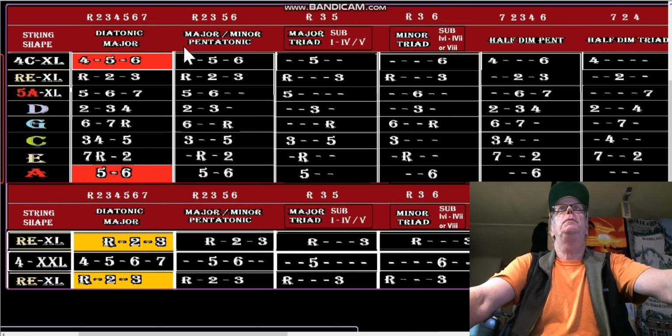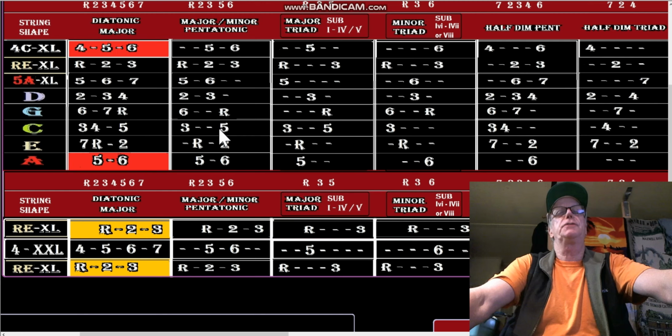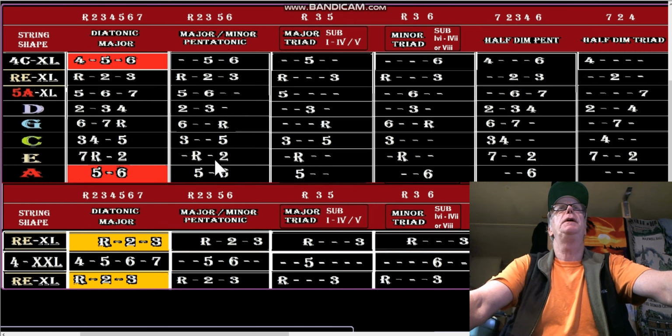Okay, so I'm going to briefly finish this discussion before we go to chart 291 and talk about the methods of finding out what cage you're in. So we have the major pentatonic and the minor pentatonic here. They're listed the same because depending on where you started, it creates the scale. So if you start on 5/6 and play the pattern, you're playing a mixolydian. If you start on root 2 and play the pattern,